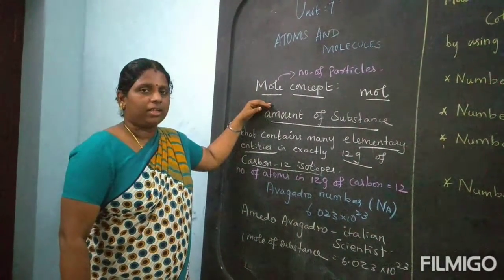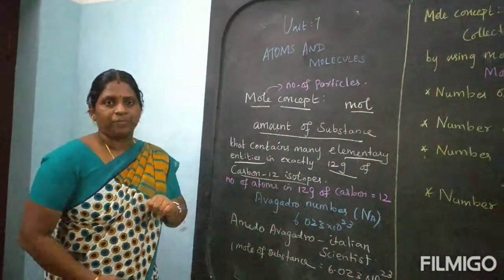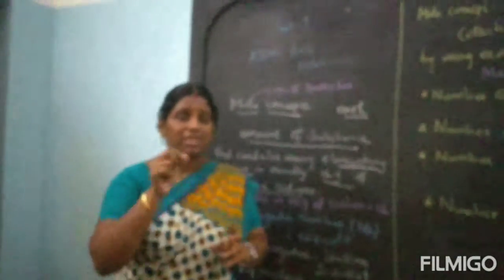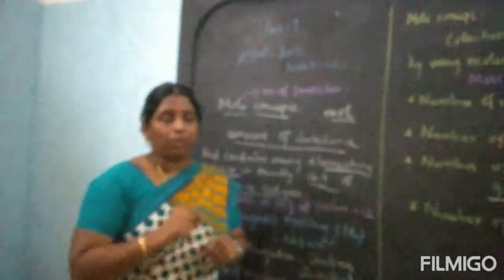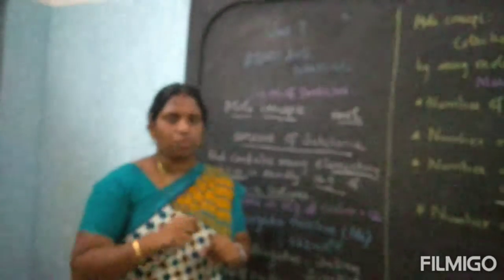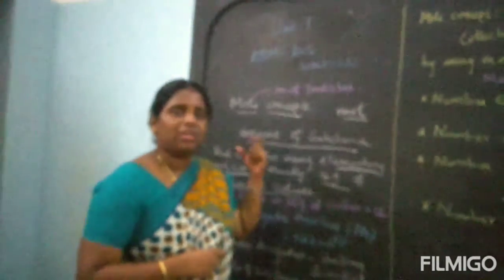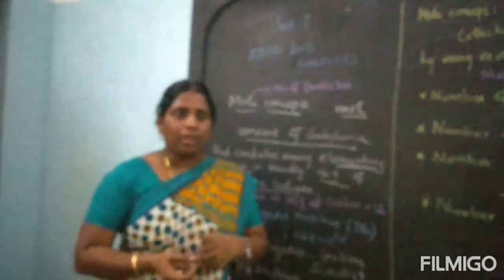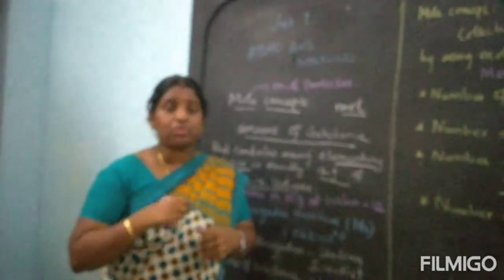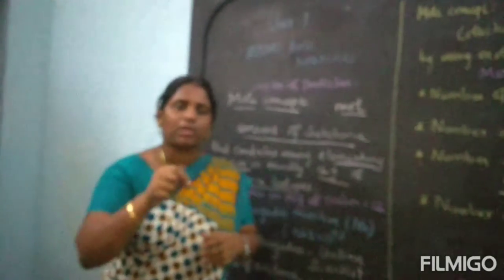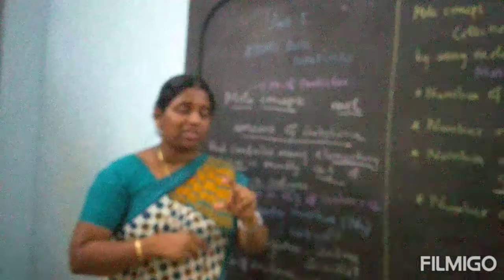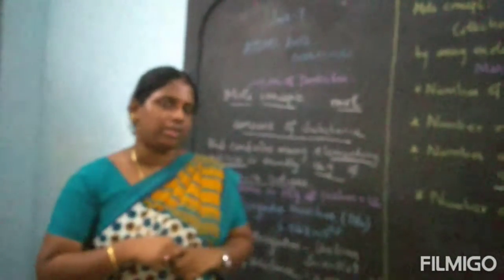The next topic is the mole concept. You know that there are 7 fundamental quantities, and one of these quantities is amount of substance. The unit of amount of substance is the mole. So why are we using this mole concept in this unit on atoms and molecules? Mole is a measurement. We use it to measure the number of particles present in the elements. So the mole is the unit used to measure the number of particles present in an element.